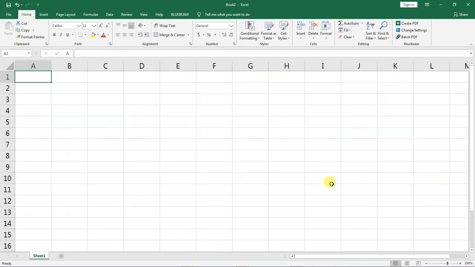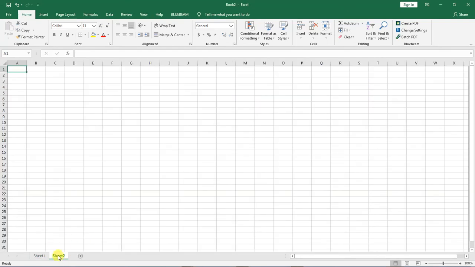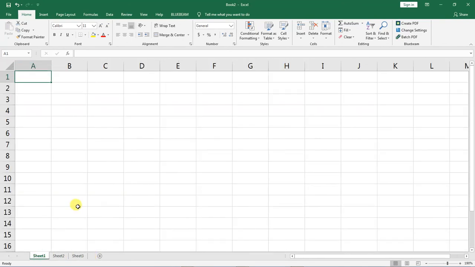And discuss another very important thing here. Now an Excel workbook is made up of things that are called sheets. If you look at the bottom part here, I have sheet 1 active, and if I wanted to add another sheet, I will go to this plus button and click on it. Then I will have sheet number 2, click on it again, I will have sheet number 3. So I go back to sheet number 1. So a collection of these sheets is what forms a workbook, and a sheet is made up of